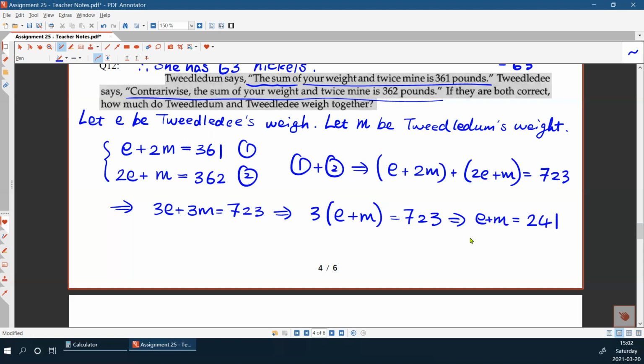Okay, so as long as we have solved E plus M, the question is done. So that means we can make the conclusion. You don't have to solve them separately, right? So the conclusion is